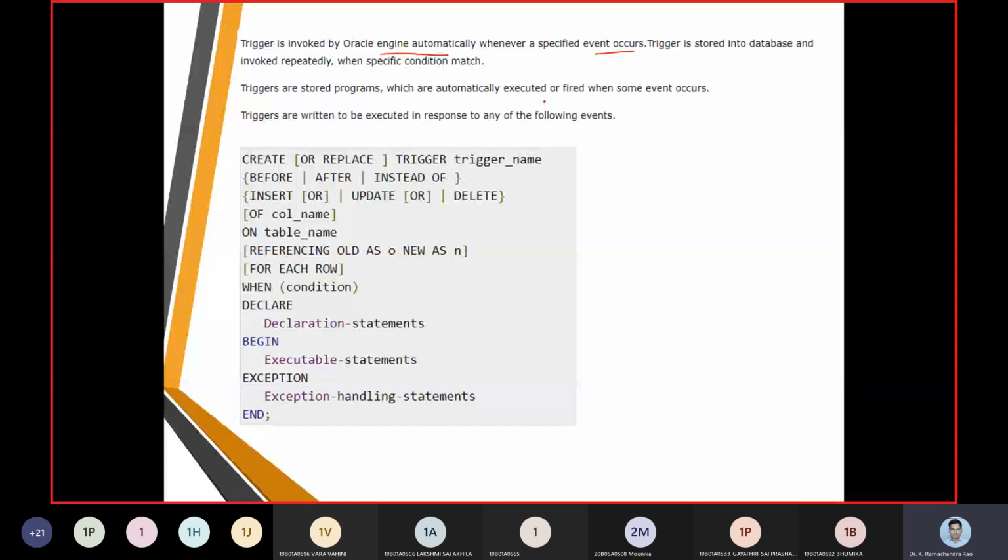In the syntax, we mentioned that it needs to be done with create or replace. So now let us look at this statement here. Create or replace trigger is going to be called a reserved word. So when is it going to happen? Before delete, insert or update on customer. Customer is nothing but the name of the database or the name of the table. So this is what we are going to assume.